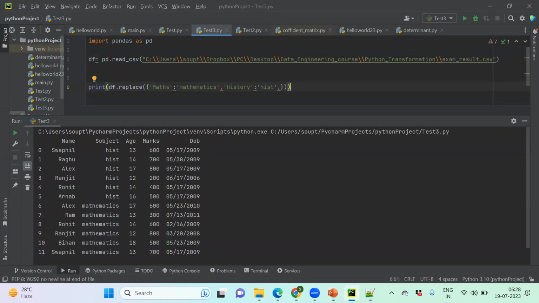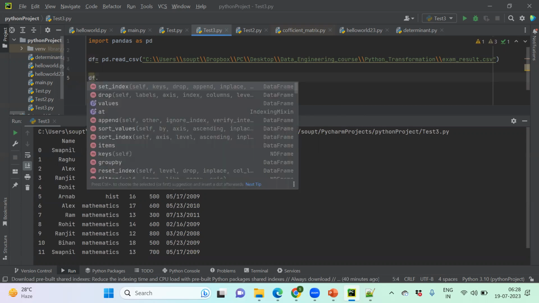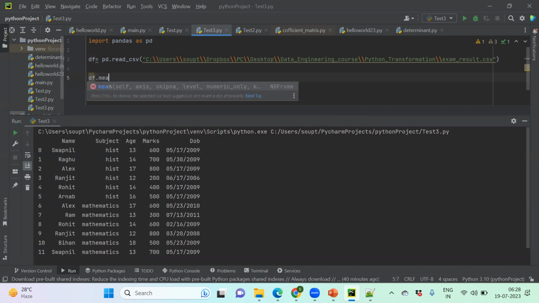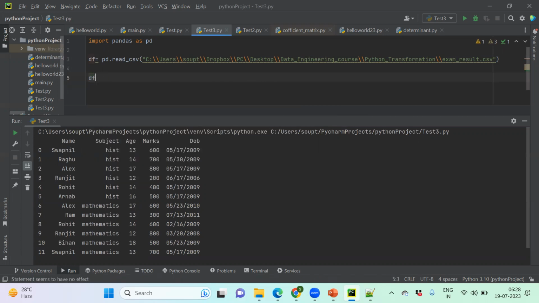This is very, very important: how we can do aggregation. In SQL, we have learned the group by keyword with lots of aggregation functions, like sum, mean, max, this kind of stuff. I can also do the same thing. df dot group by,